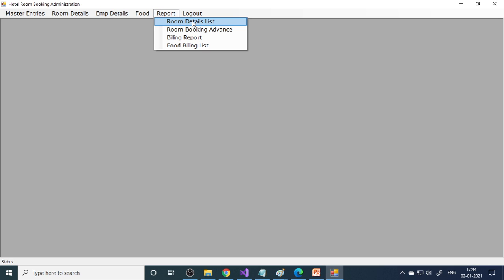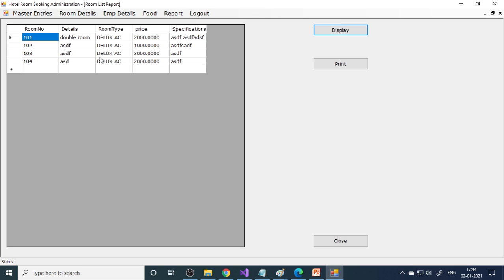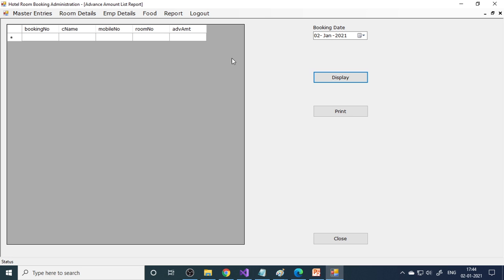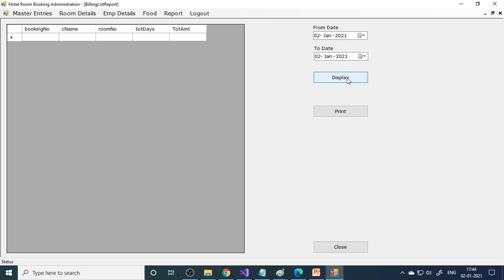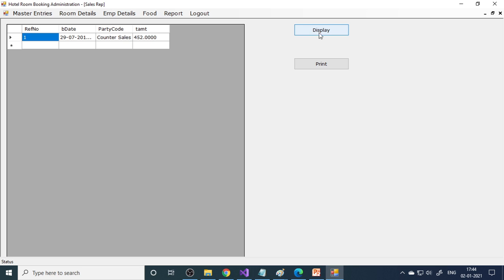Now we have reports here. Room details, what are the rooms you are having, that list will come. Then room booking advance, so if you collect any advance on this day, that will be shown. This is the billing report, any billings done, it will be there. Because we're not yet done, so you need to go to employee. From there you need to do all this billings. Right, so this is one more report. Now we can log out from here